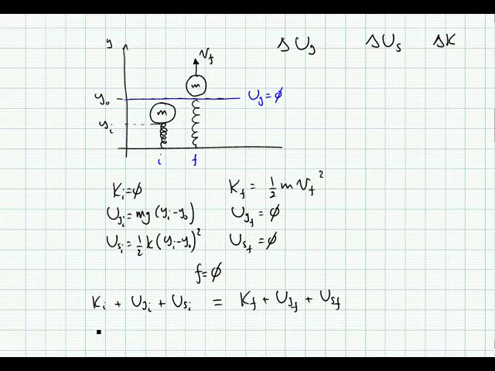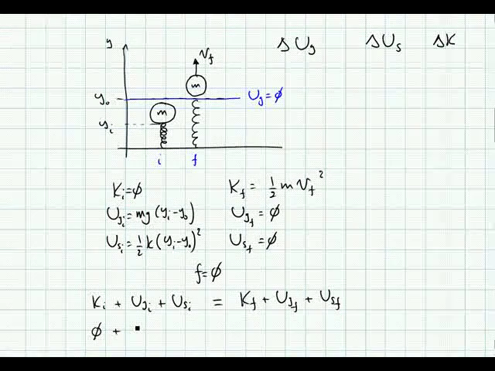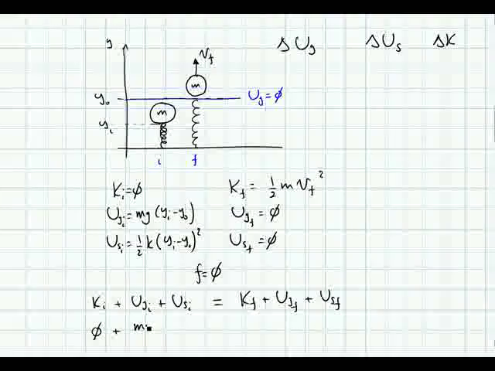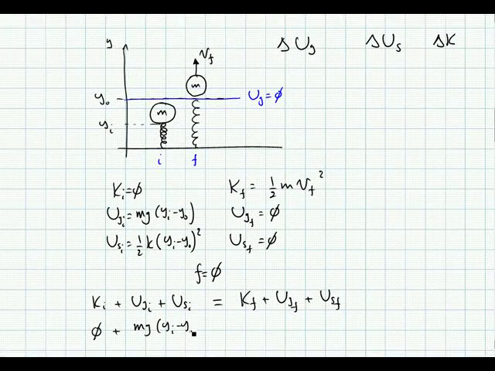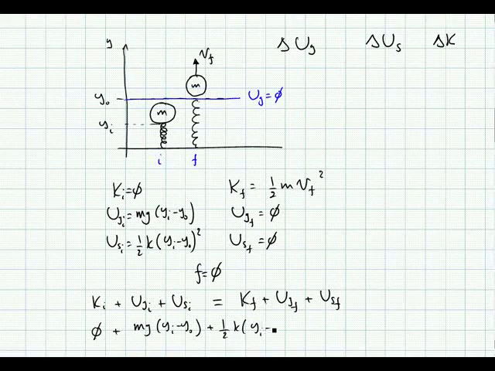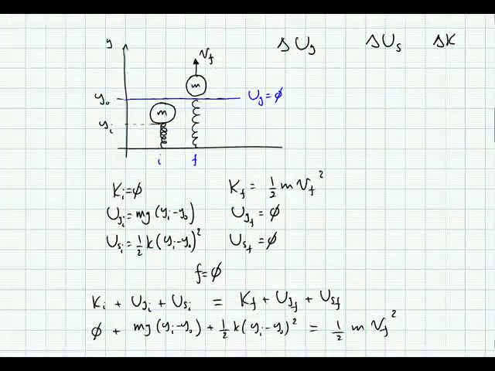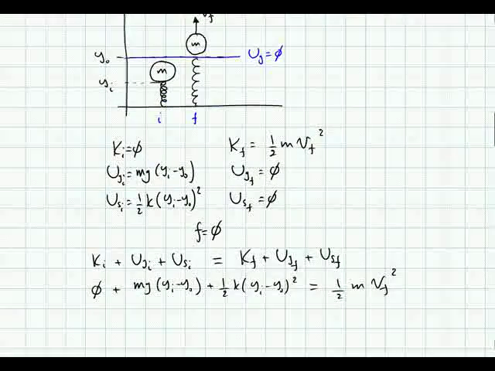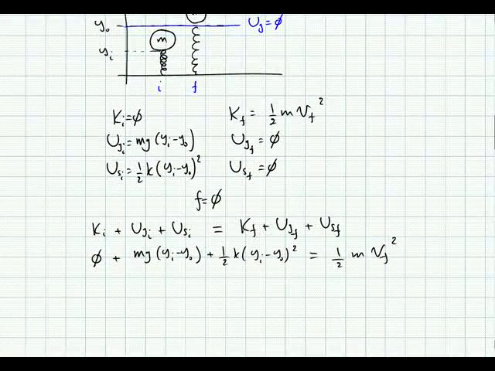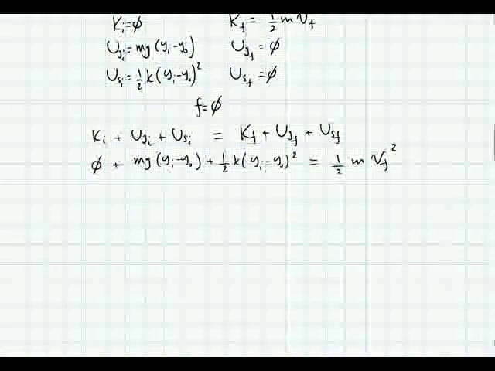So what we have here is 0 plus mg times y initial minus y naught plus 1/2 of k times y initial minus y naught squared is equal to 1/2 of m v final squared. Therefore, knowing y initial and y naught, we can go ahead and calculate what the final velocity of the object is, of course. So in this scenario, if we rearrange things a little bit,